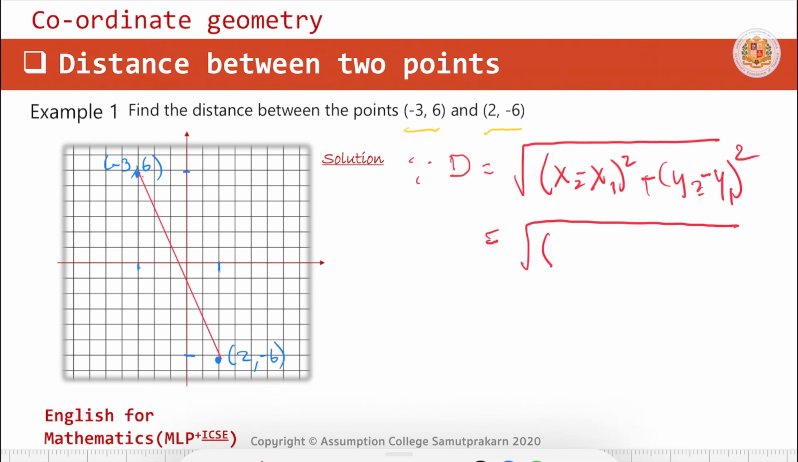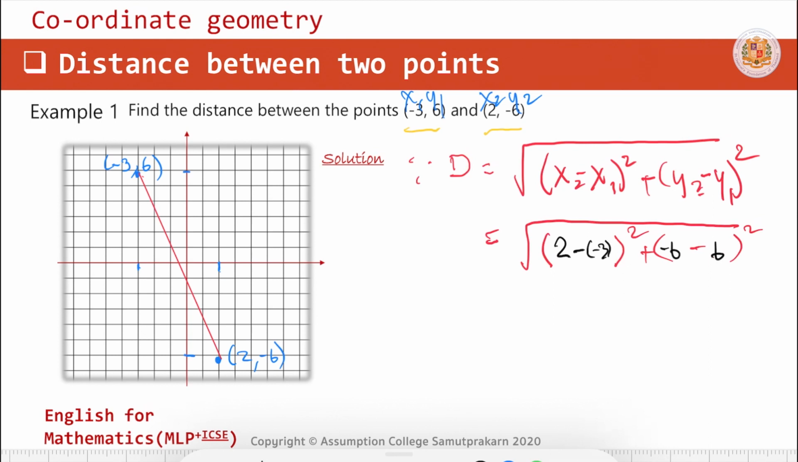Okay, that would be x1 y1 and x2 y2. So x2 is equal to 2, x2 minus x1, which is -3, and then square plus something square, something minus something. Now y2 minus y1, y2 is -6, y2 minus y1 is -6 minus 6, which is -12, and then it's